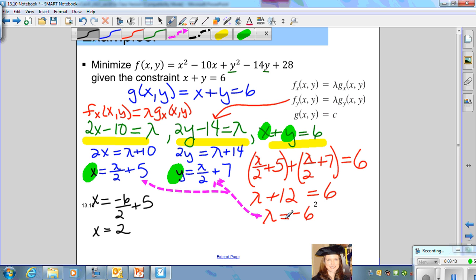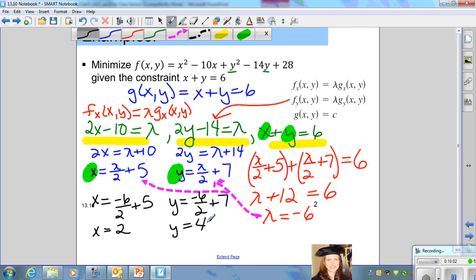Now when we let lambda equal negative 6 for the y equation, we get y is equal to negative 6 over 2 plus 7. So that's going to be negative 3 plus 7, and we get y is equal to 4. So we have found those critical values for x and y,